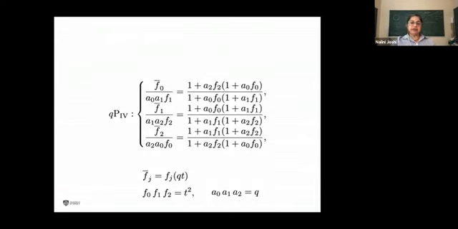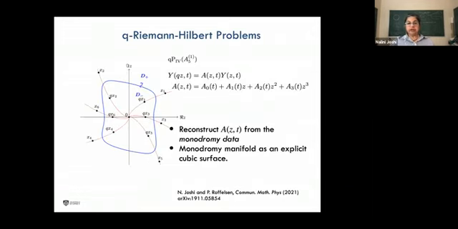And the case that we studied recently is a Q discrete version of Painlevé 4. Again, it can be written in a symmetric form like this, but instead of derivatives, what we have are iterates, denoted by these horizontal bars, which mean that T, the independent variable, is iterated by multiplication by Q. There's a corresponding condition on the product rather than the sum, as we had before, of the functions and the parameters. And what we were able to show was that the Riemann-Hilbert problem can be framed in this context.